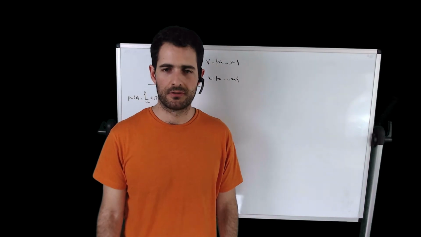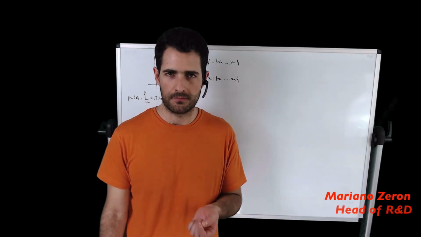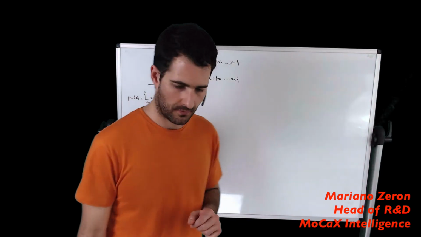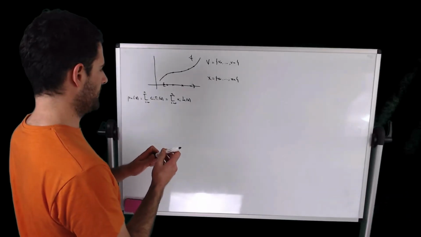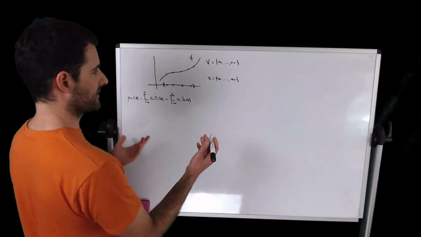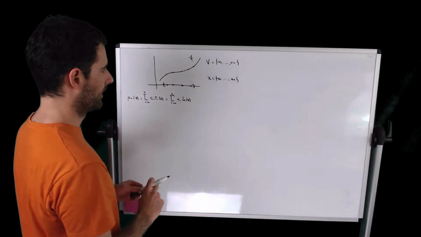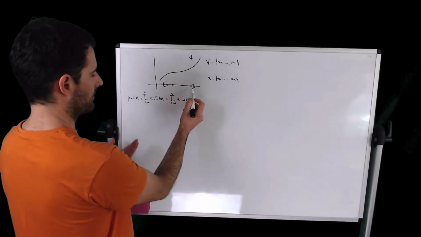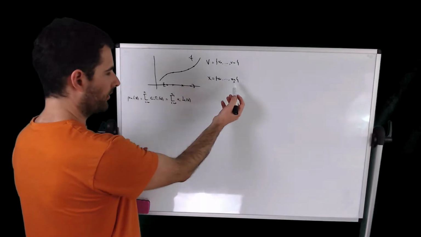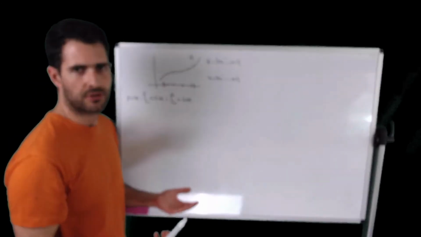My name is Mariano Zeron, and in this video, we're going to see how to estimate the error of a Chebyshev object. So the situation that we have is the following one. Let's say that we've already built a Chebyshev object for a given function, let's say a pricing function, for which, as we already know, we need to specify a domain of approximation that we have here. We have to specify Chebyshev points, and we have to evaluate the function on the Chebyshev points,